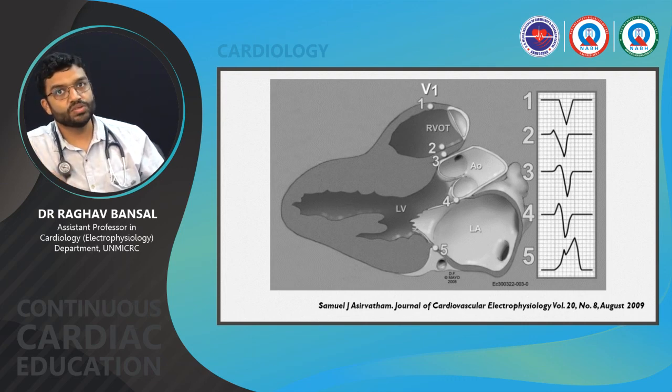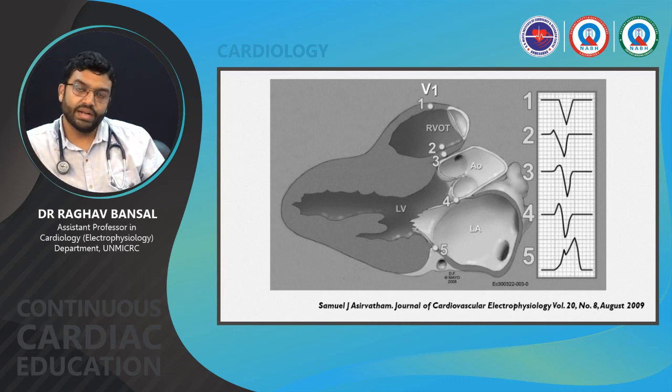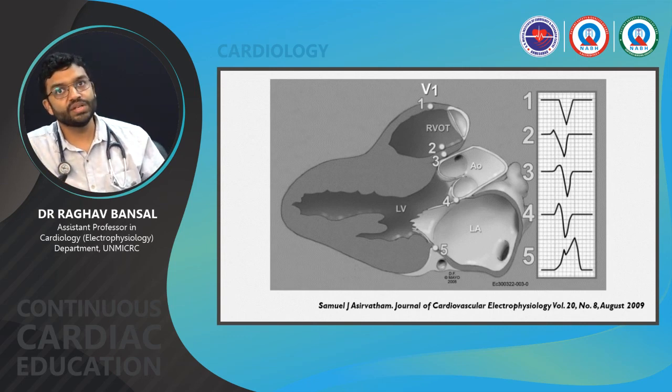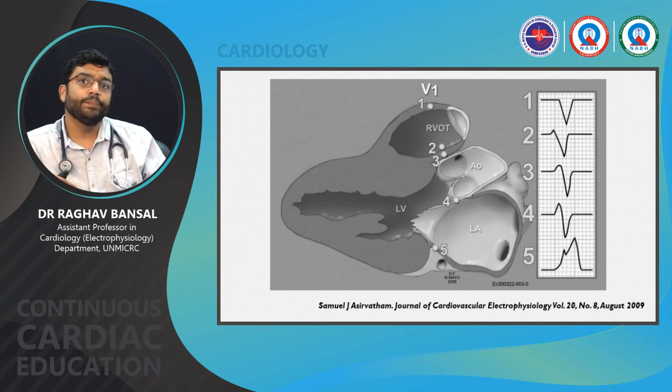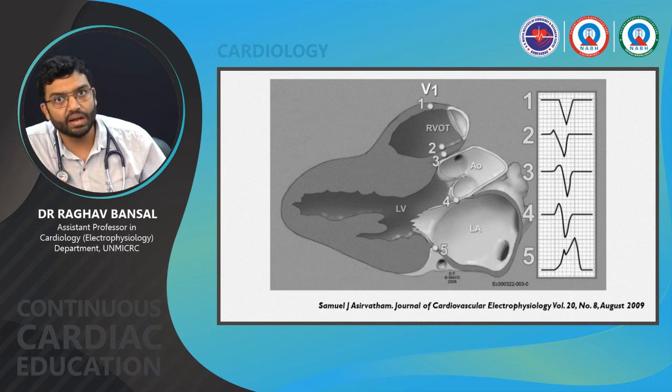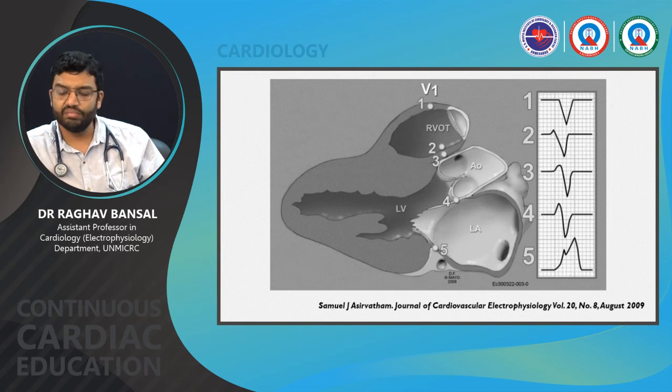However, as we go towards posterior, in the posterior RVOT, site 2, and the anterior aortic root, which is the right coronary cusp, site 3, we start having a small R wave because there is some initial activation towards lead V1, and the majority of the activation is away from lead V1. So the majority would be the negative S wave. As we move more posteriorly towards the left coronary cusp, site 4, we get an even more prominent R wave in V1, and if we move even more posteriorly towards the mitral annulus, especially the posterior mitral annulus, we get a complete RBBB or a positive R wave in lead V1.